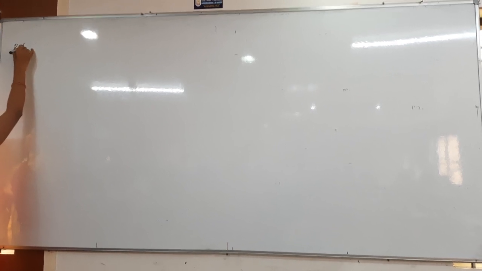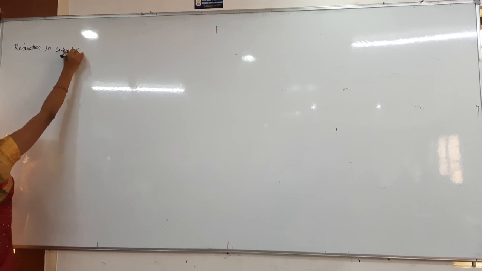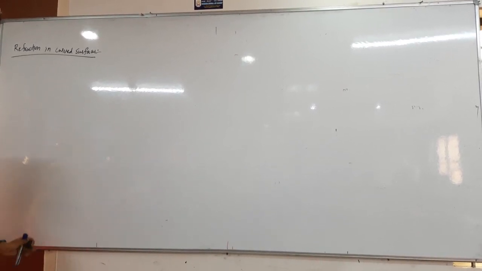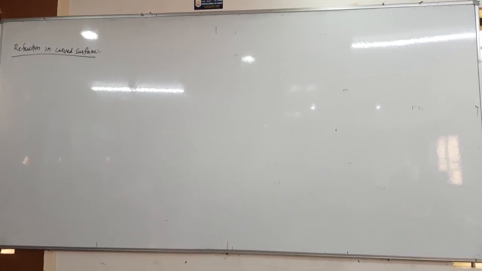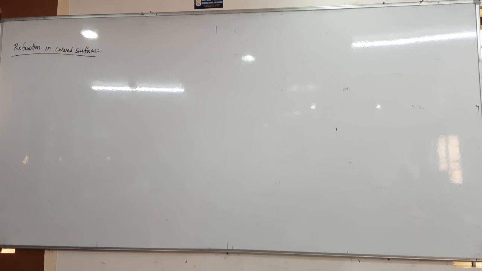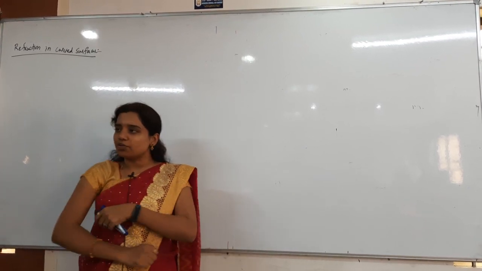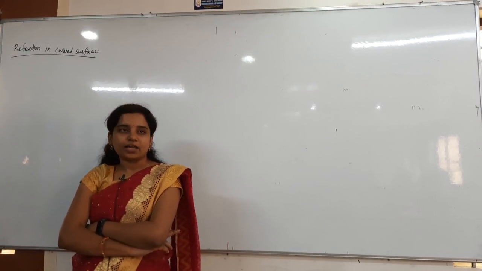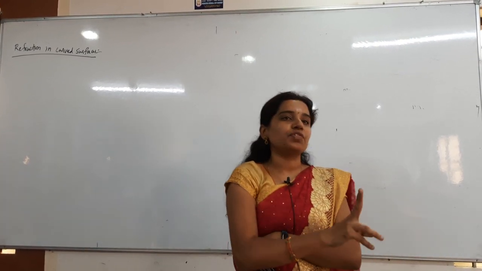Sign convention is very, very important. Refraction in the curved surfaces. In the spherical mirrors, how many focus were we having? In the convex mirror, one focus. In the concave mirror, another focus. Whenever the object is kept at infinity, where was the image forming? At the focus only. Whenever the object is kept at the focus, where was the image forming? At infinity. I said both will always be opposite to each other. Here also, we are not having only one focus, we will have two focuses.